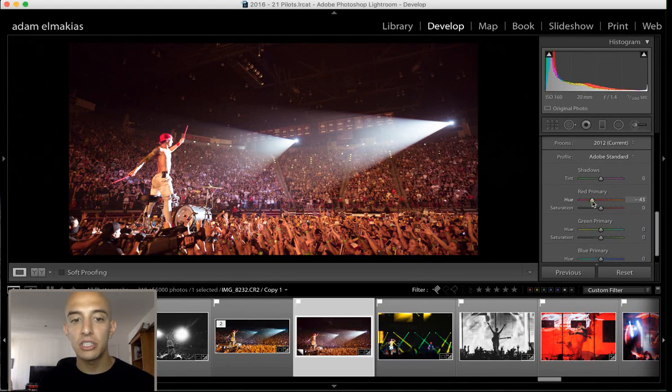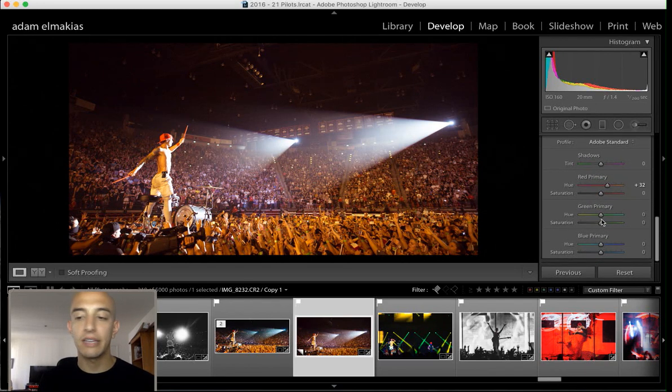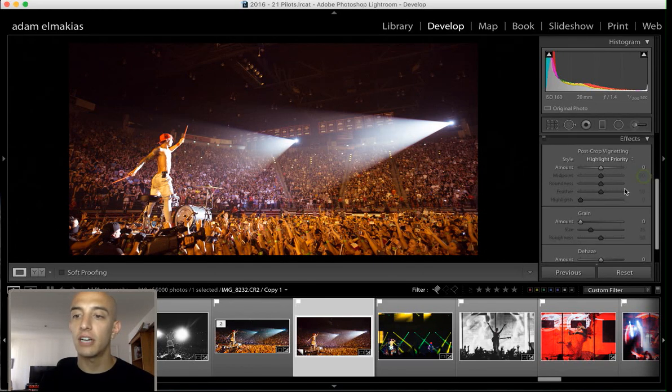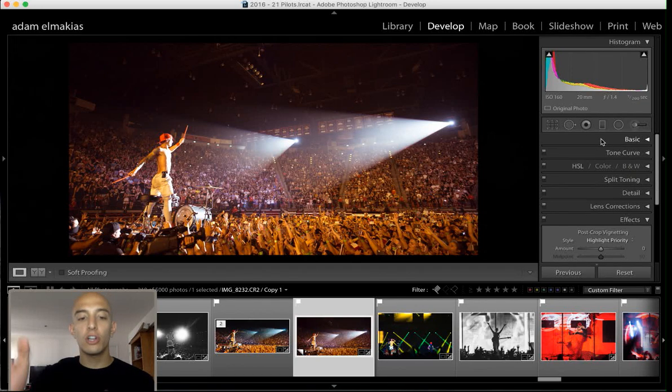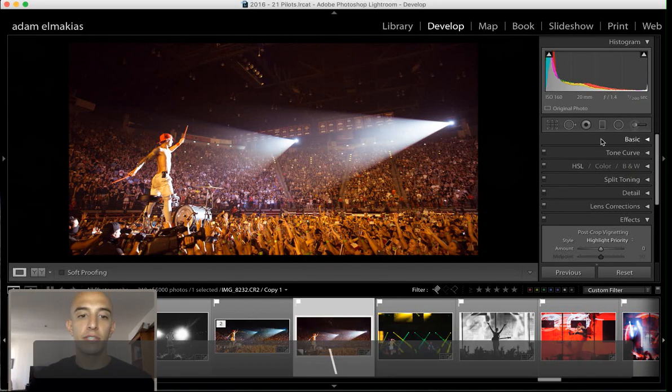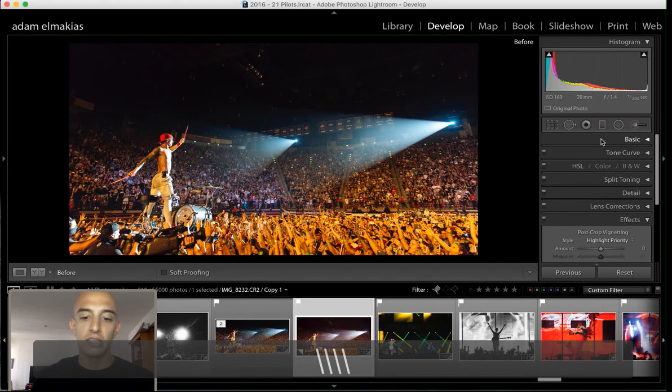I don't really use this that much, but you can use it to tweak your colors a little bit more. Just go through, play around with it. It's cool. It helps your colors out. Cool. So those are all the things you have on the side here. You can always preview by pressing this before and after. So this is the before. This is the after. It is showing me, however,